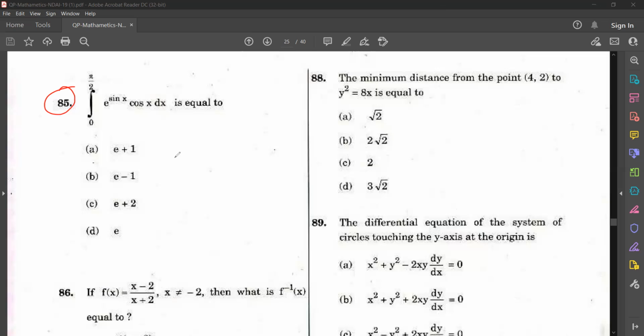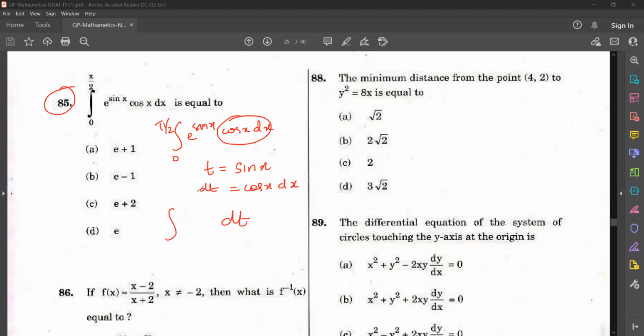Okay, see the question is integral 0 to pi by 2 e raised to sin x cos x dx. So whenever a function and its derivative are coming, usually we will be able to solve that by the substitution method. So I'm putting t is equal to sin x, then dt is equal to cos x dx, isn't it? So see this question, cos x dx is there, that I can replace as dt, then e raised to